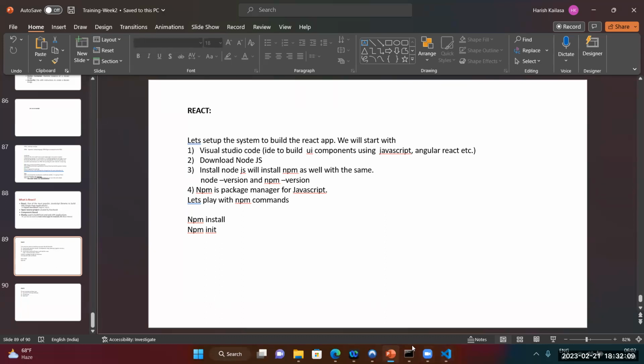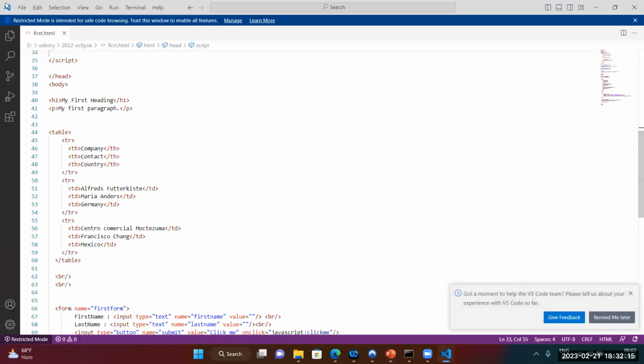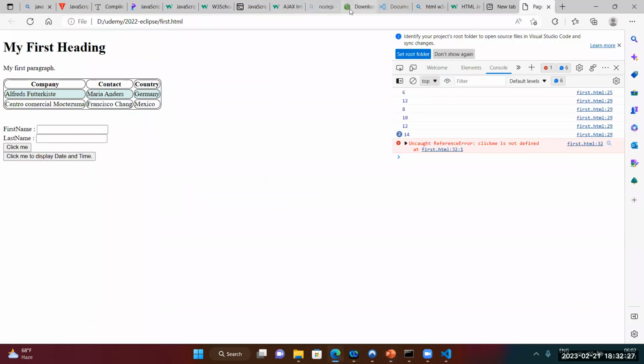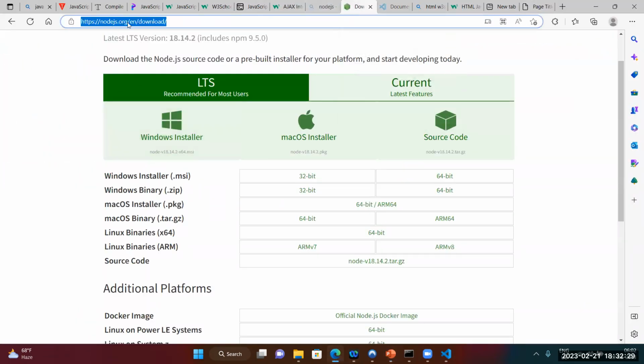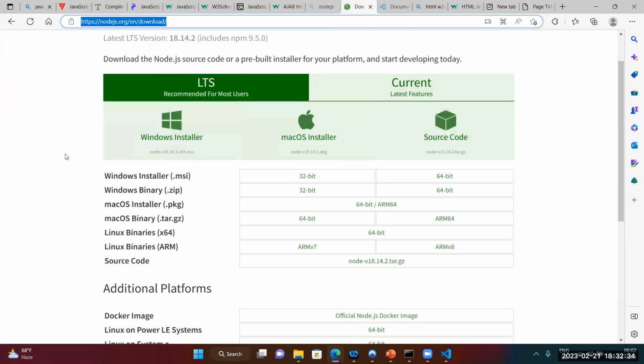Go to Google and search for Visual Studio Code, and once you have that site, just download it. This is how Visual Studio Code looks. The next one, Node.js, is also on Google at nodejs.org. Download whichever version is compatible, Mac or Windows, the latest current version. And once it is done,